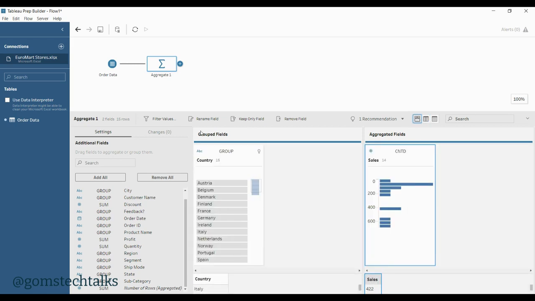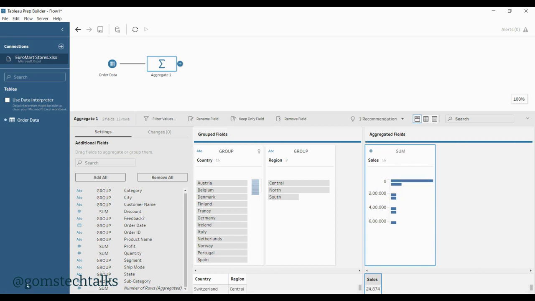If you want to group based on some more categories, for example country and then state-wise or region-wise, you can simply drag and drop some more groups.